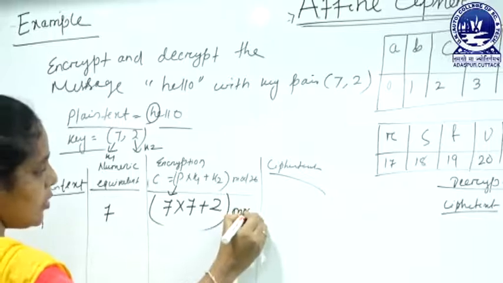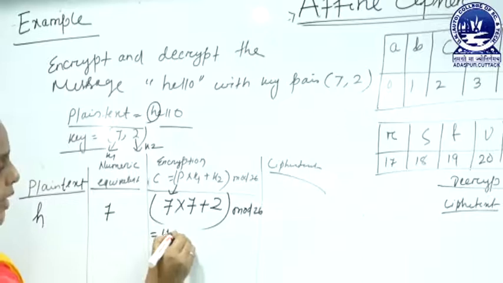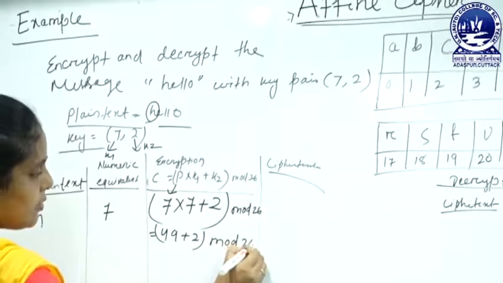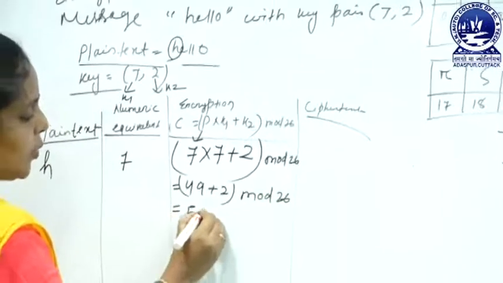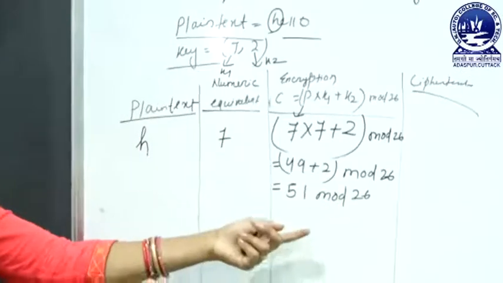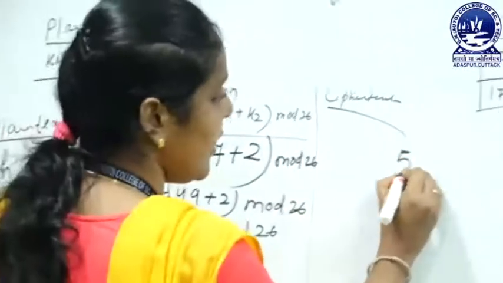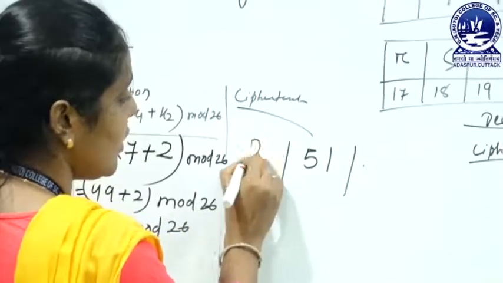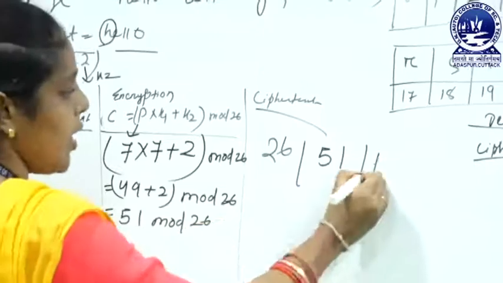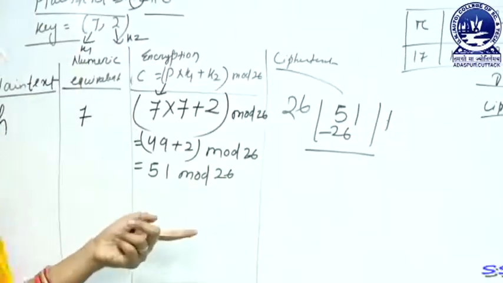Then mod 26, that is equal to 49 plus 2 mod 26, that is equal to 51 mod 26. Now here you calculate 51 mod 26 by dividing 51 by 26, that is equal to 26 into 1, 26. Here you subtract 26 from 51,